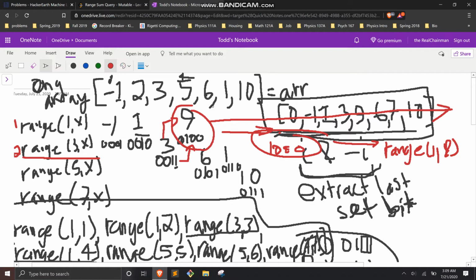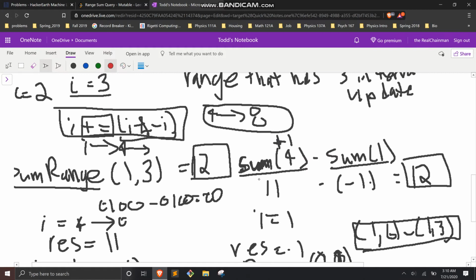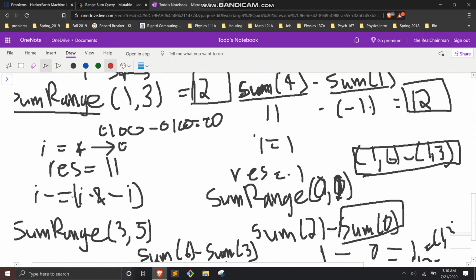And if you were updating the value here, you'd have to go here first, and then it would go up, but there's nothing up here, so there's nothing else within the range if you're updating the 5. This is out of the range. Okay, now what happens when you do sum range? When we do sum range, instead of adding the last set bit, we subtract the last set bit right here. So if we subtract the last set bit, that means that,